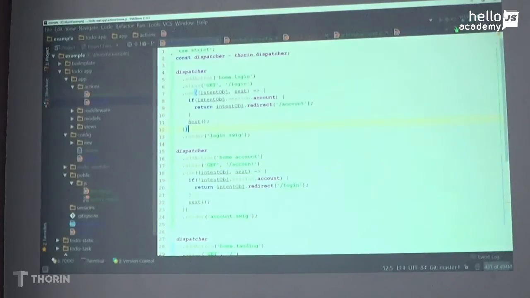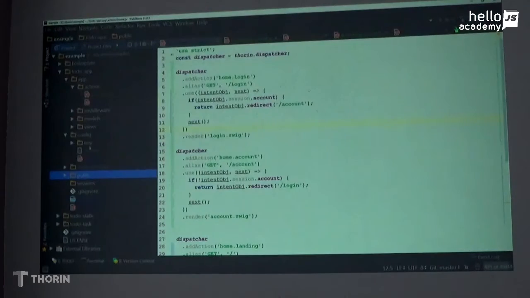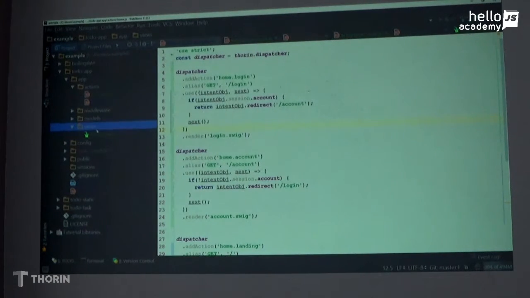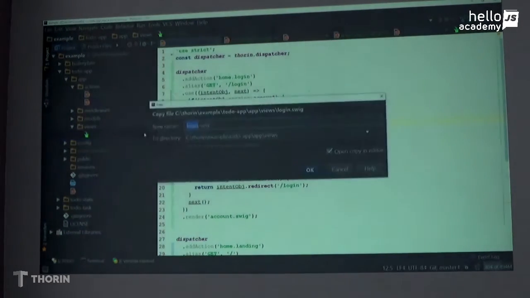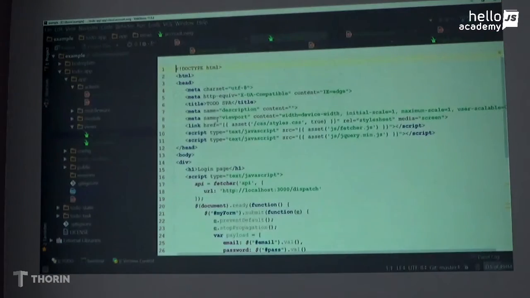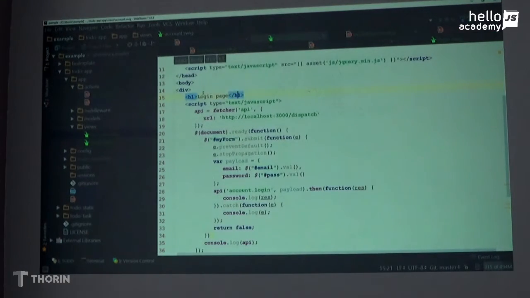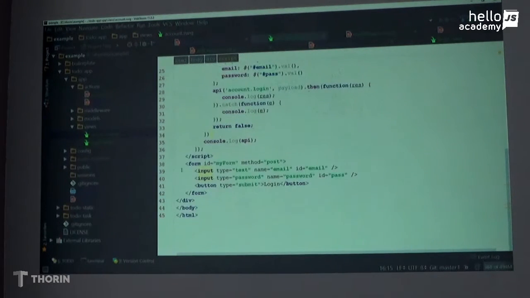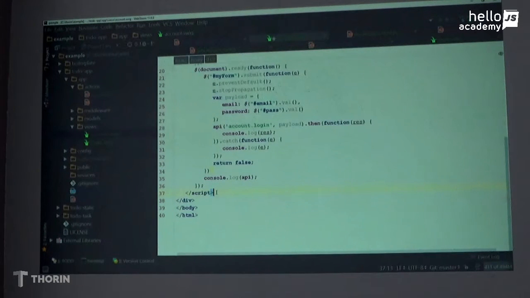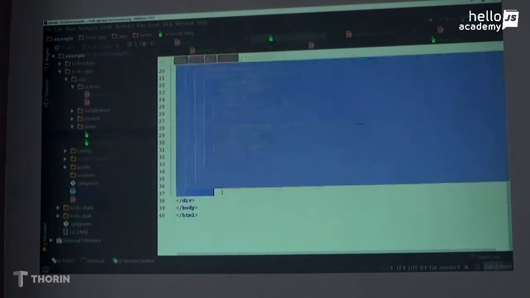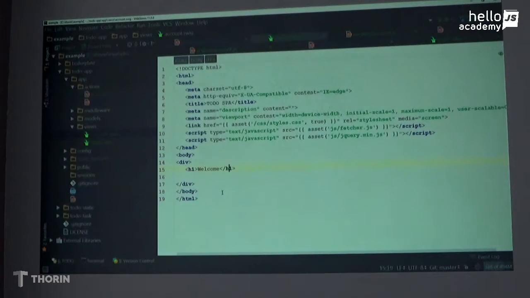All right. So let's go back here. In our views folder, which is here, we are just going to copy paste this and call it account. And here, we're just going to say welcome, and we are going to access information about the current account that's logged in. So the way we do that, let's just remove the script. The way we do that is because we're inside a templating engine that is on the server side,